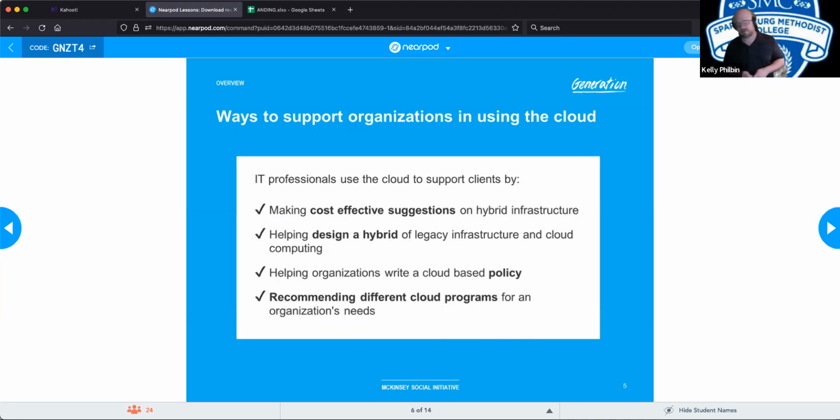If you're helping a company initiate this, you have to help write a cloud-based policy. What is allowed to be on the cloud? What is not allowed to be on the cloud? Who are we going to use? What are our requirements for these clouds? Because there are more companies out there outside of AWS. If you actually care about your business being online, I would suggest somebody other than AWS.